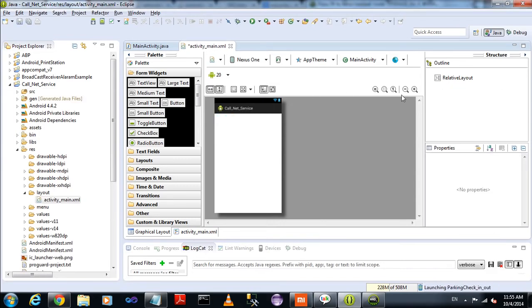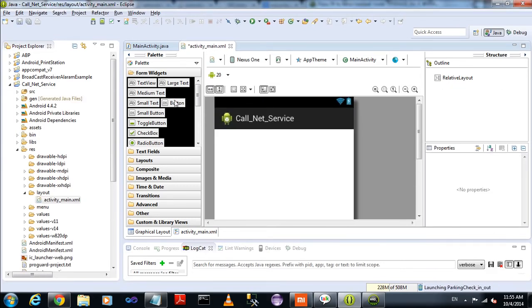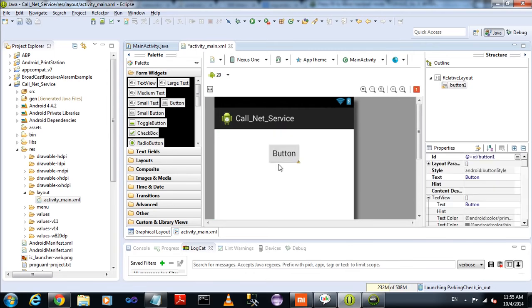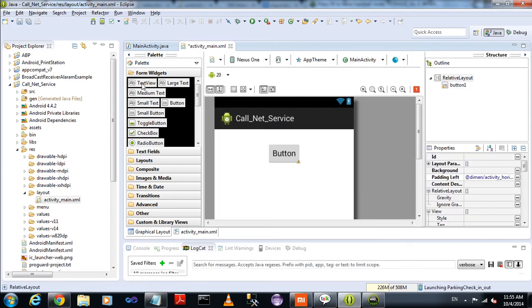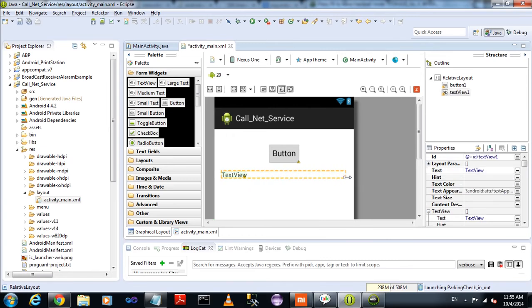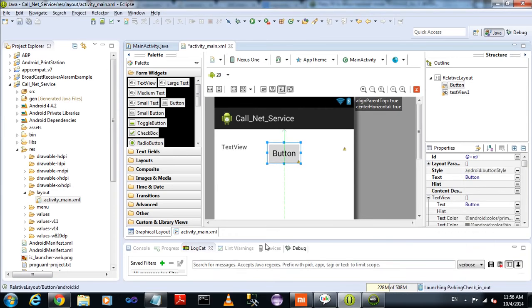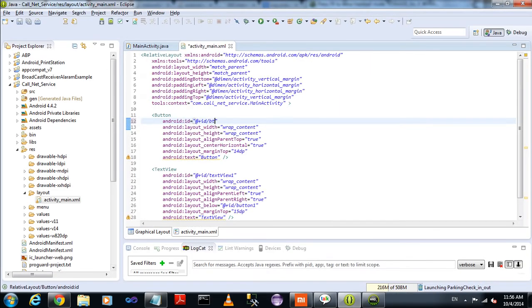Now just remove the text view. Increase the size, zoom, and drag and drop a button and one text view for displaying the service data, the service response. The button name is btn, and my text view name is txt view data.